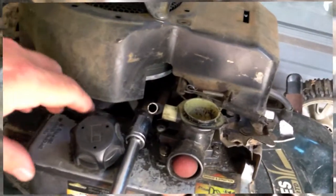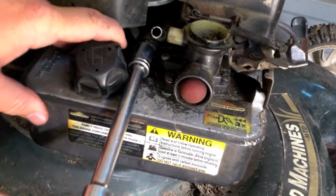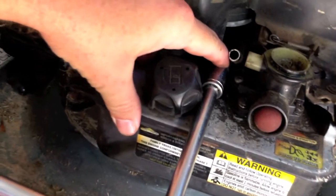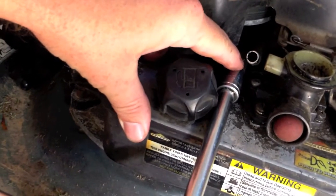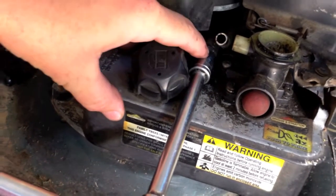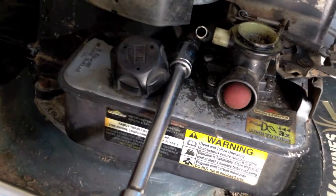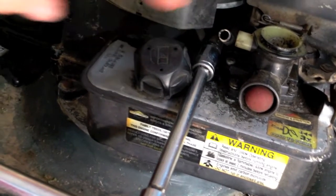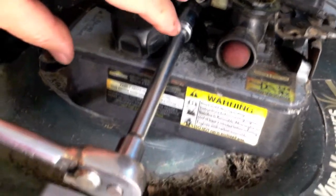Then I want to show you something. We're going to have to take the gas tank off. To do that, there's a 1/2 inch, or it's a 13mm bolt right here. You're going to unbolt that, and then you'll have a little bit of freedom and wiggle room, and you'll be able to work everything off. But I'll show you that in just a second. But these are